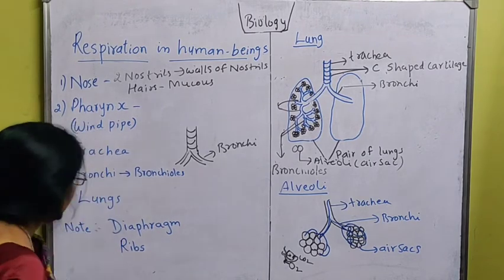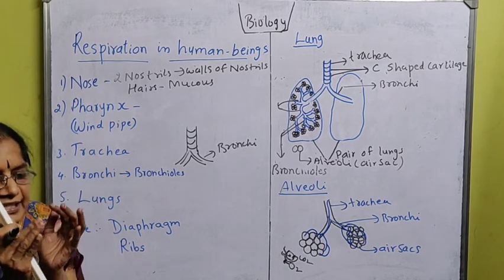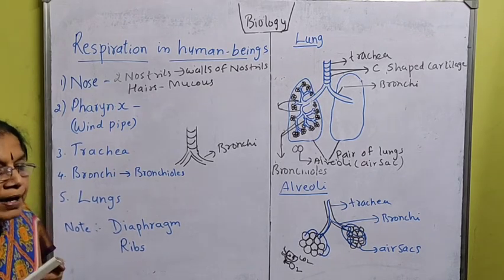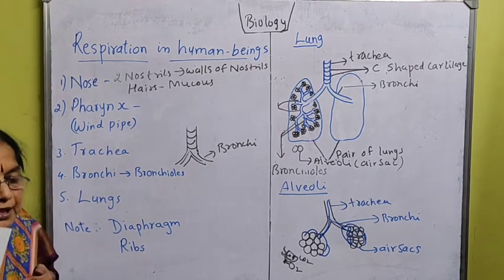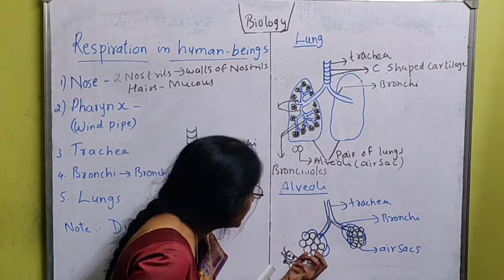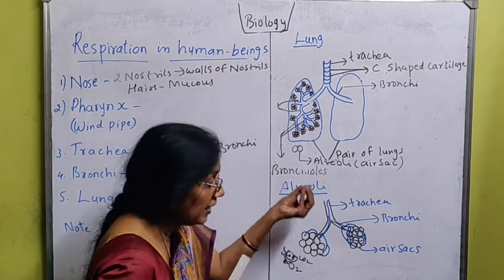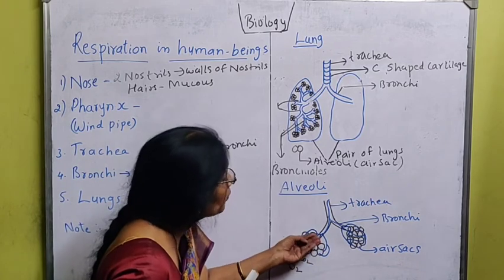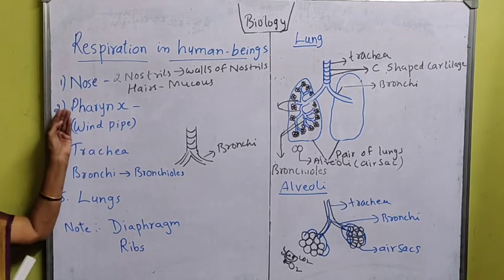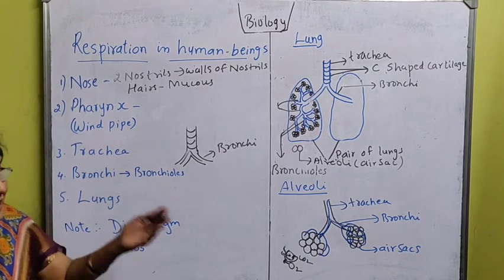what happens? The alveoli shrink, that is, they come back to their original size. Due to that, the diaphragm will move up and the ribs will go back to their position. The pressure is developed on the alveoli. The alveoli push the air which contains carbon dioxide into the bronchi. From the bronchi it enters into the trachea, from the trachea into the windpipe, and from the windpipe it comes out through our nose, that is